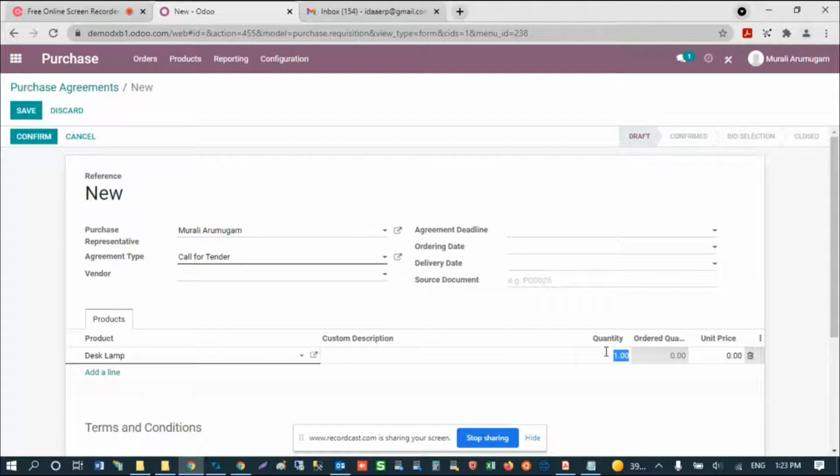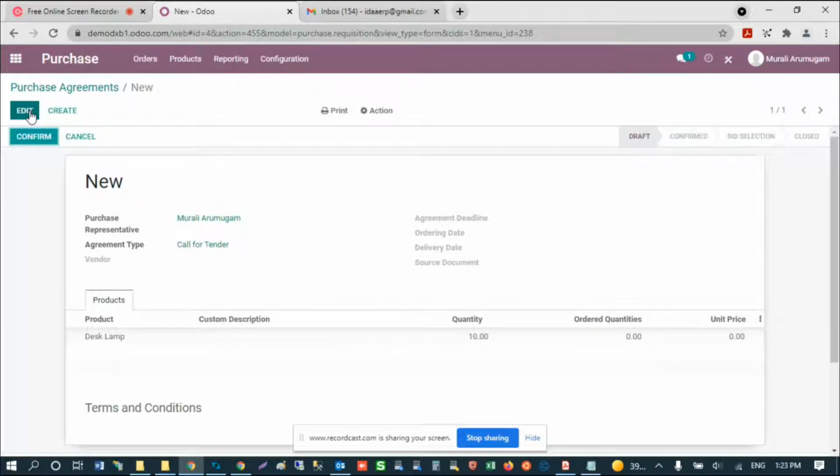And once you have these items which you want to order and the quantities of the items that you want to order through your suppliers, you need to save this purchase agreement.